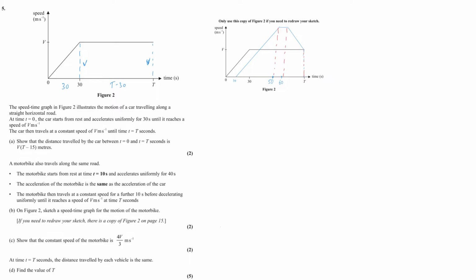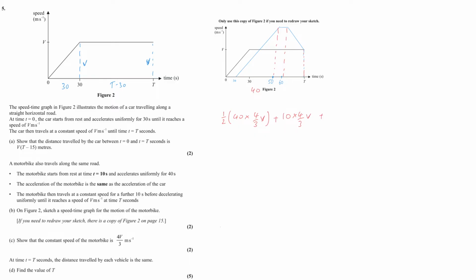Yeah, 1, 2, 3. But I suppose there's more than one way of doing it. So this distance along the bottom here is 40. So it's half times 40 times 4/3 v, plus 10 times 4/3 v,